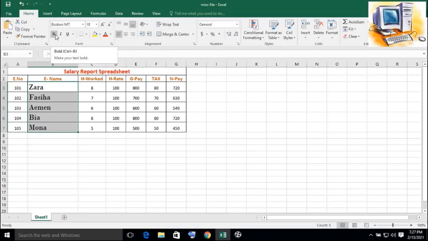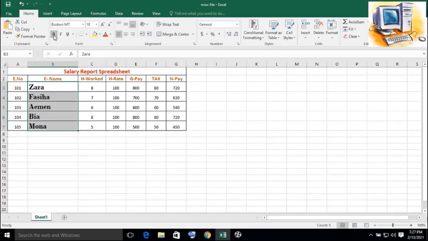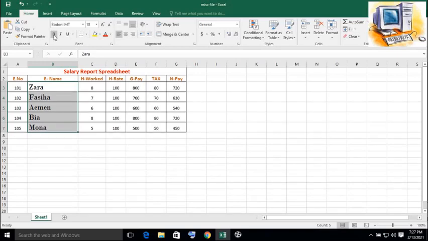So I can apply these things easily by clicking on it. When I click on this capital B, it will make the text bold. See, we can see the difference clearly. You can apply these formattings to the other data elements also. For example, if I want to make these data elements bold, I can just click on this B and it will become bold. When I want to make them unbold, again click on the B.